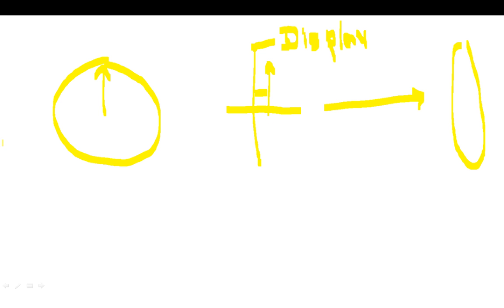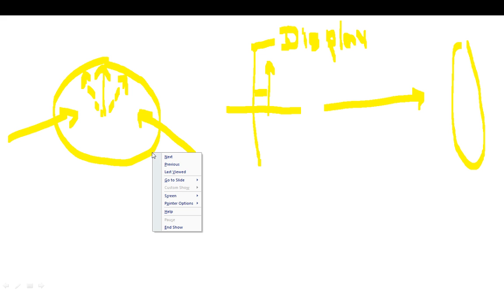Suppose he is seeing from this left side, then his pointer will look towards the right side like this. Or if he is taking reading from the right side, then this pointer will look towards the left side. So an incorrect reading will be taken by the user. So to avoid this,